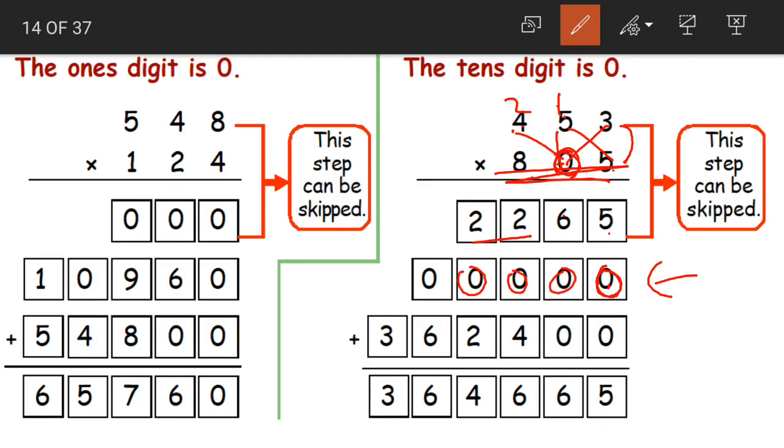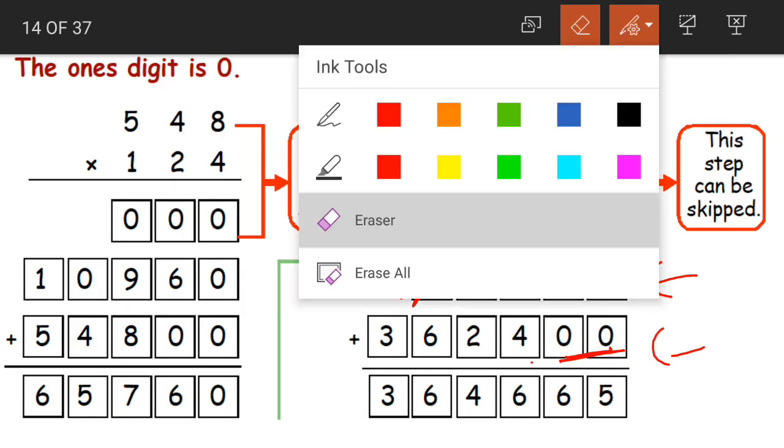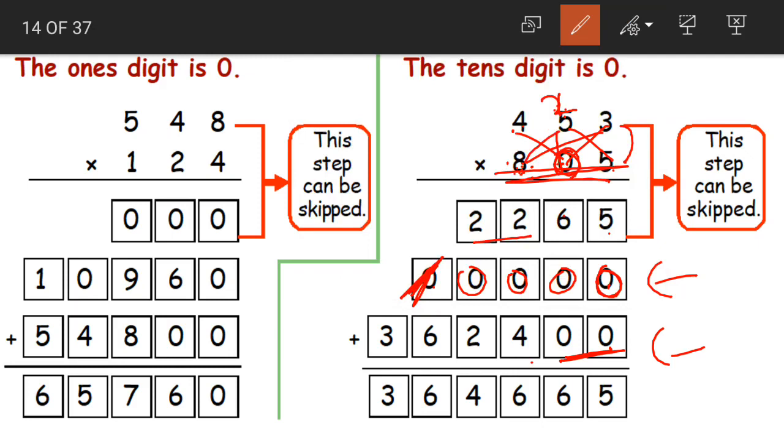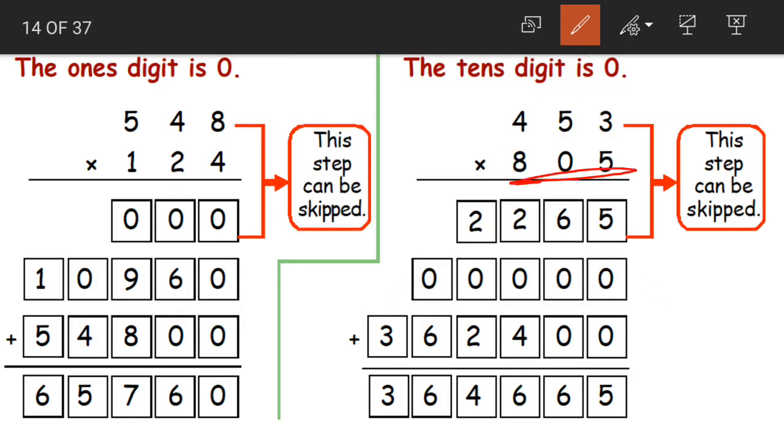Okay, now next coming to the 8, here a 0 is placed extra. Yes, coming to 8, which is the digit in hundreds place. Before multiplying we'll write 2 zeros. 8 3s are 24, 4 here, 2 carried. Next 8 5s are 40 plus 2 is 42. 4 carried, 2 written down. 8 fours are 32 plus 4 becomes 36. Yes children, we have multiplied 453 with all the 3 digits of 805. Now let us add the partial products.